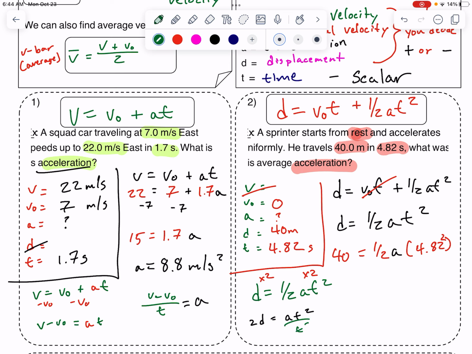Divide both sides by t squared. A equals 2d over t squared, which is going to equal 2